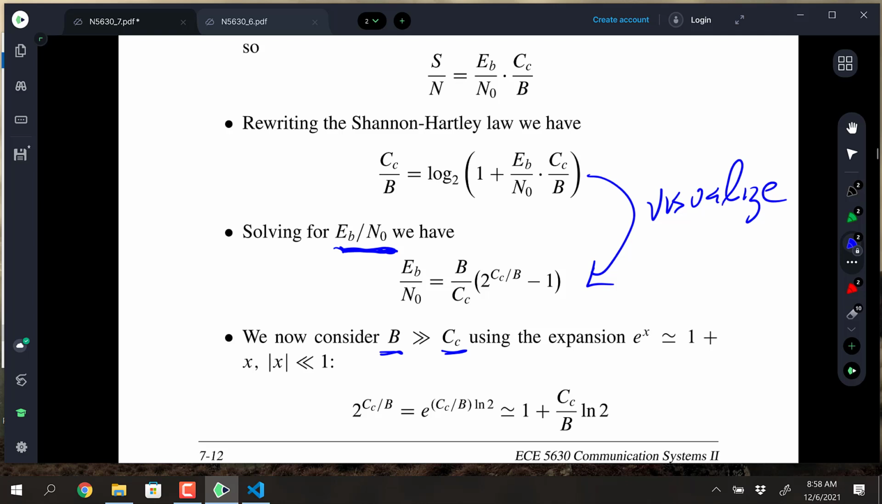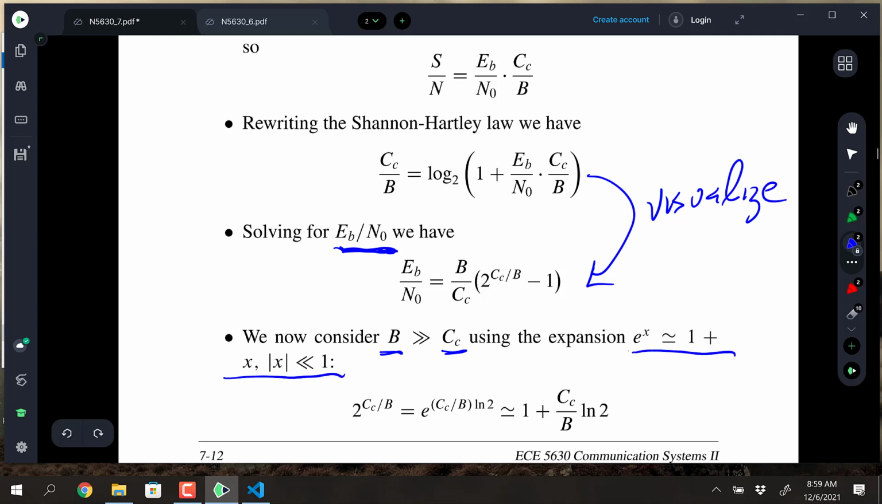So I'm thinking of, and we're going to see this in a moment, when we have a scheme like FSK, remember FSK just consumed massive amounts of bandwidth, and that's kind of the situation here. But there's other scenarios where this still is valid. So this is going to just drive a limit from the Shannon-Hartley law and provide the channel coding limit. So we're going to approximate now the 2 to the CC over B